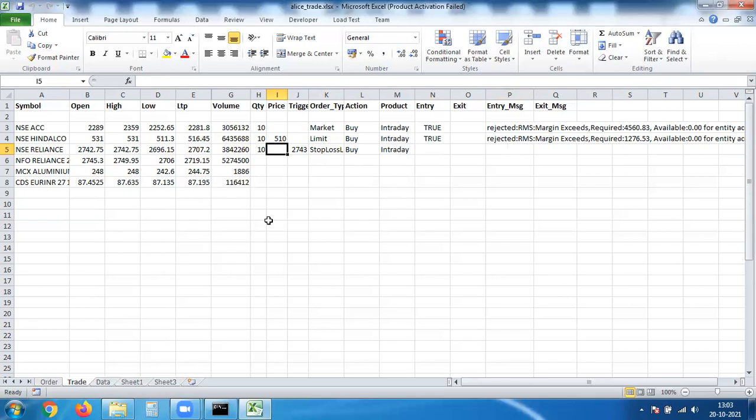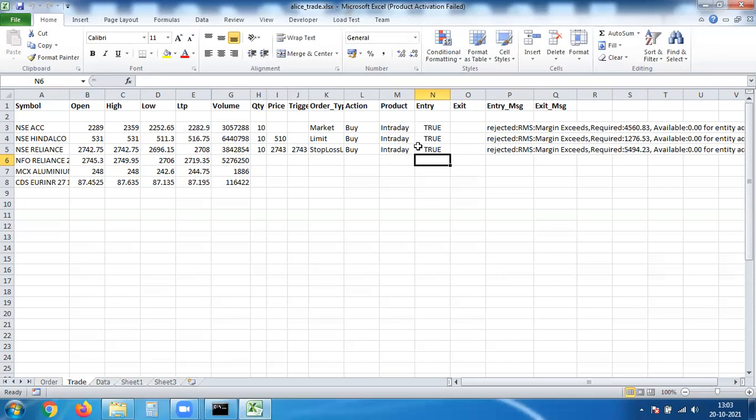Instead of placing a market order, I want the limit price also to be at 2743 only. This is the change that I wanted to make. Now type the message true again. The new order will be sent and the response will be received over here.